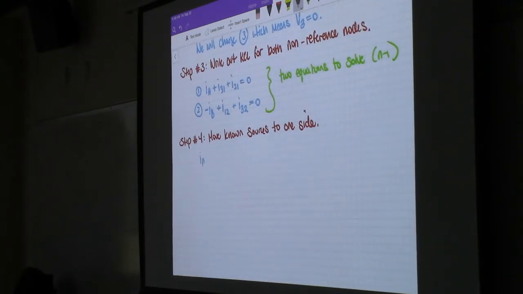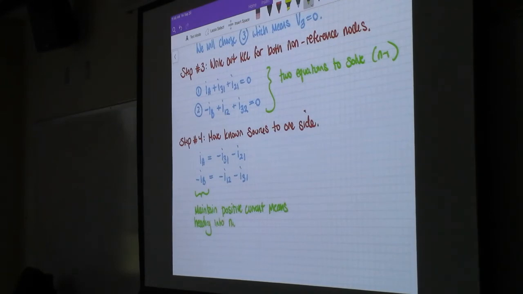So we have IA equals negative I31 minus I21, and then we have negative IB equals minus I12 minus I31. And I'm going to try to maintain positive current means heading